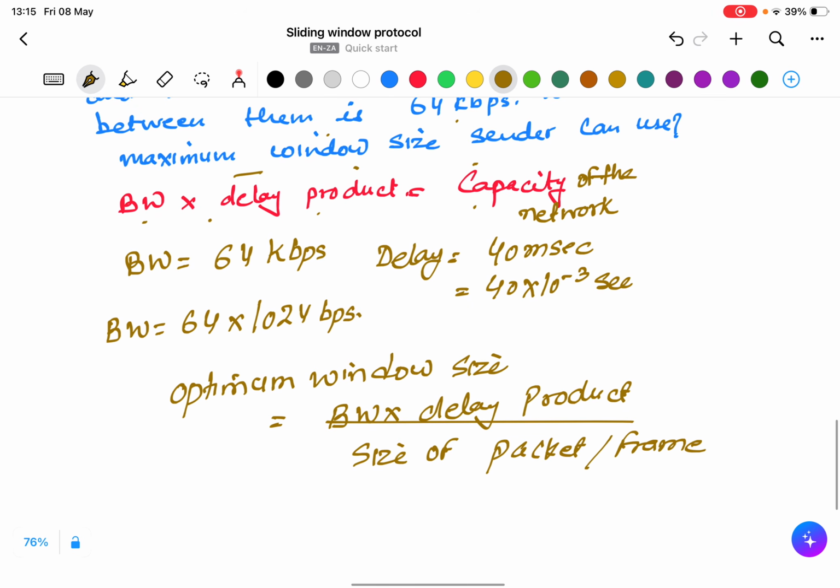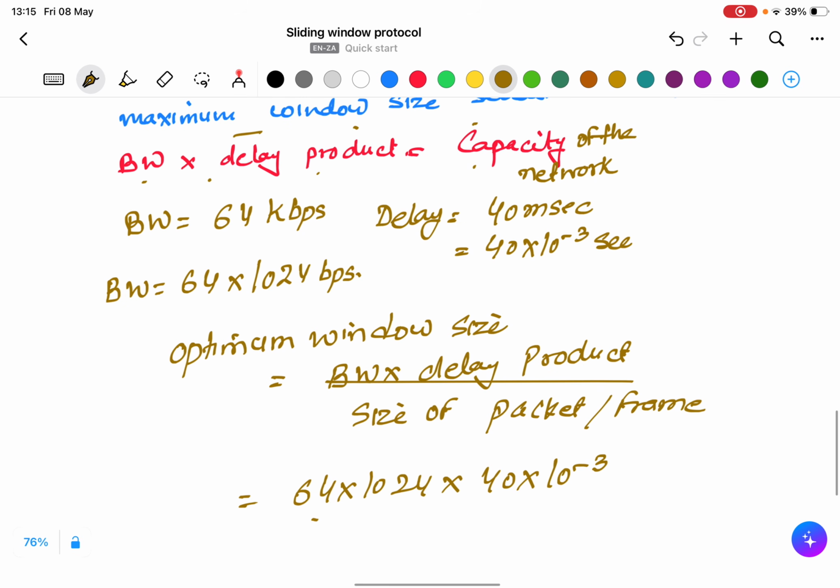So this is 64 into 1024 into 40 into 10 raised to the power minus 3, divided by the size of the packet. It is 16 bytes, so we need to change it to bits. It will be 16 into 8.